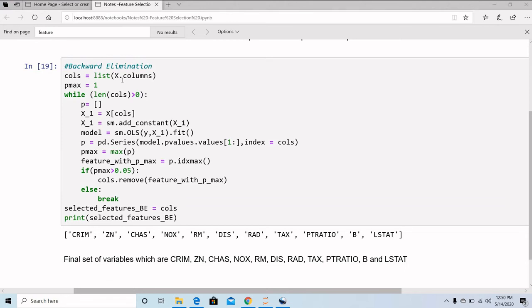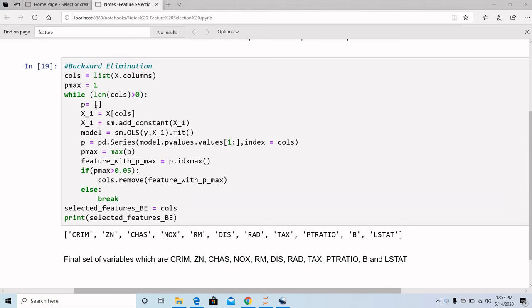Here we have cols equal to list of X.columns. Here pmax is just a dummy variable with a value of 1. Now we have given the condition while the length of cols is greater than 0. This condition will run until it is satisfied, which means it will run for all the columns. Now p is just an empty list that I have given here.